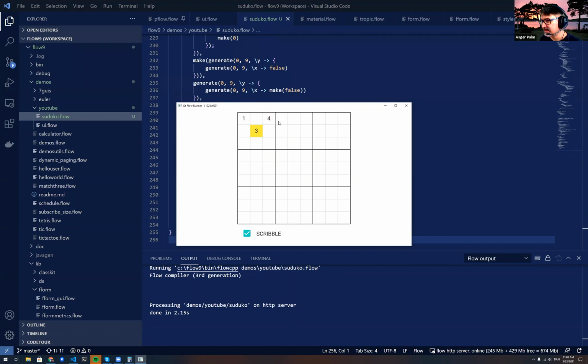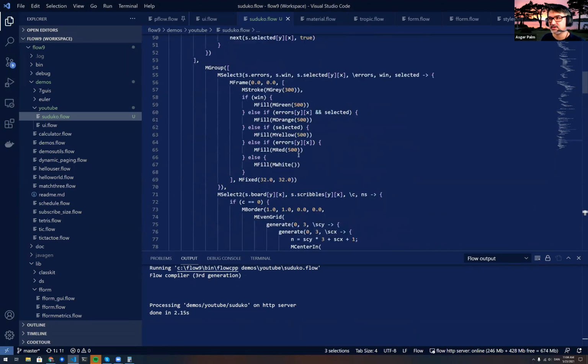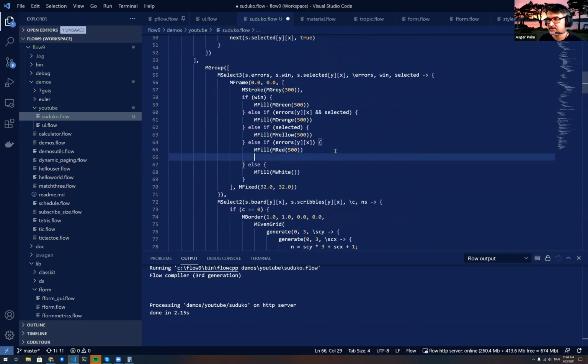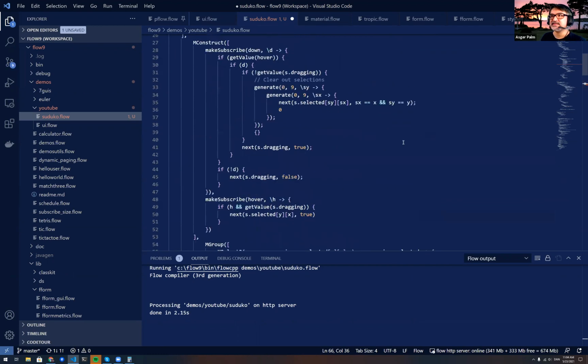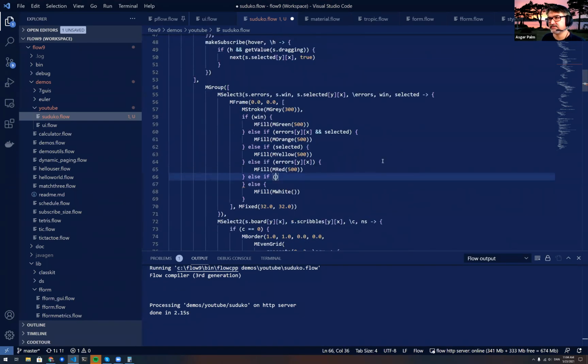Now, one thing I think a lot of Sudoku programs have is that they highlight the current row and column as well as the box you're in. So I think I'll just add that feature because I think that is a nice feature. So basically the background color, I guess it's just up in the cell thing. We'll just check in one more situation down here. Else if, isn't it here? No, yeah, it is here. Okay, so if